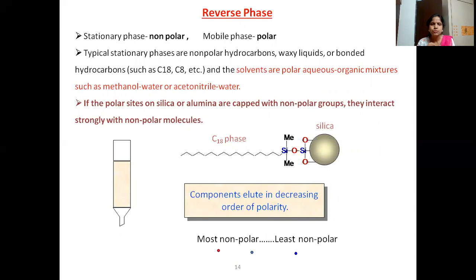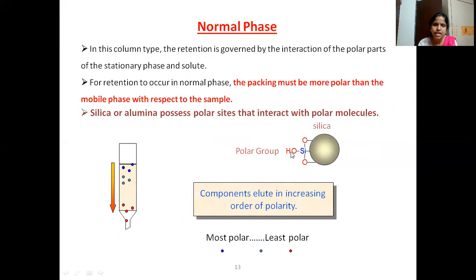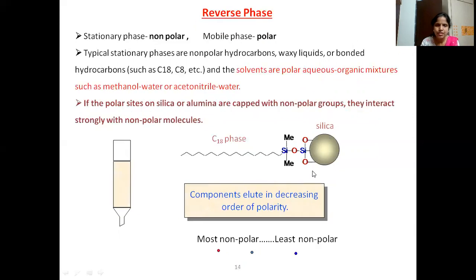So what we need to do, because when you are taking silica, in the previous case, you can see silica, which is having OH groups, it was polar. Now we need a stationary phase which is non-polar. So what we have done is, we have taken C18 carbon with silyl group, which is bonded to the oxygen. So in place of hydrogen, that hydrogen is replaced by octadecyl silyl group, so that this long carbon chain will act as a non-polar group now.